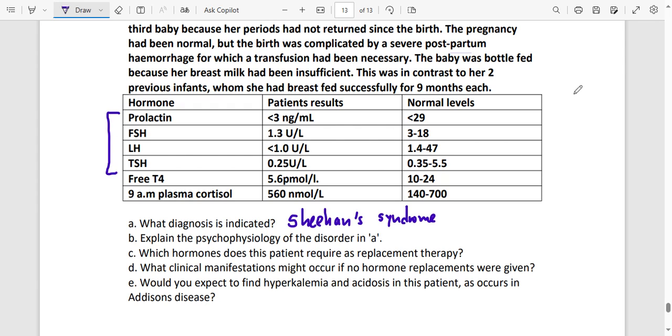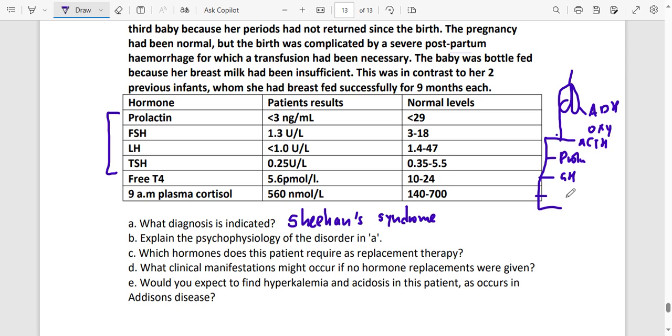Remember, from the pituitary gland, we have got the anterior and the posterior. The posterior is producing ADH and oxytocin. The anterior is producing six hormones: adrenocorticotropic hormone, that is going to stimulate the adrenal gland to release cortisol. It's also producing prolactin, that causes milk production, and growth hormone. What other hormones come from the